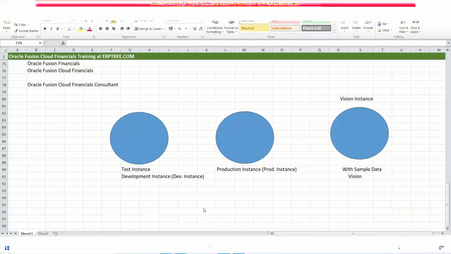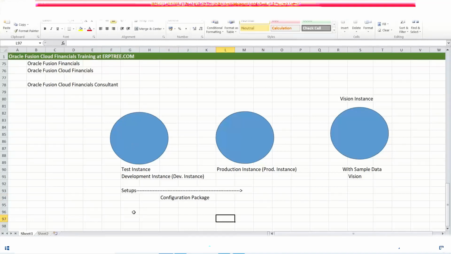See, cloning means nothing but copying the data from one instance to another instance. Here, the test instance, say you did all the setups. All the setups data you can move from test instance to production instance. How to do this activity I'll show in the classes. This we can do as a functional consultant. We don't need any DBA support. By using the concept called configuration package,